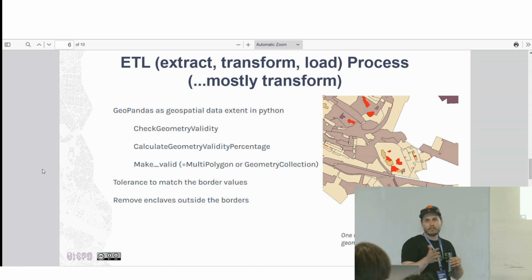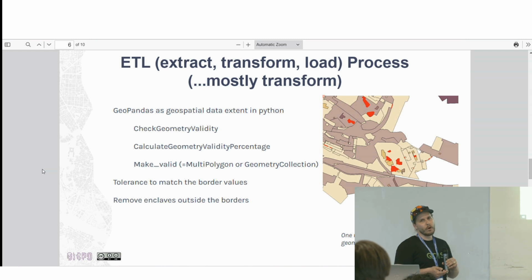It gave us some percentage with the automation code. In the worst case, it was close to 50% that was fixed, and in the best cases, 99% or so. For example, make valid is the operation that, if we had a lot of overlaps or duplicate data sources or data with geometry errors,